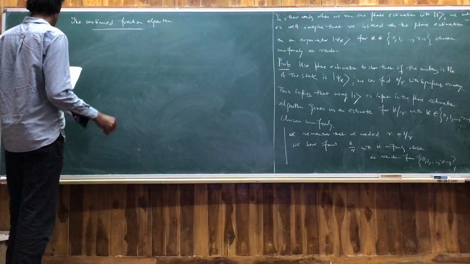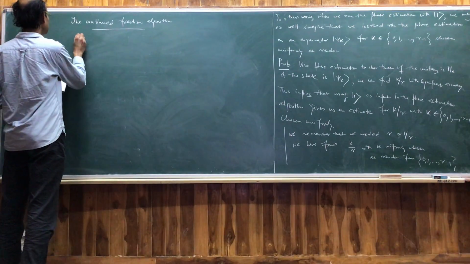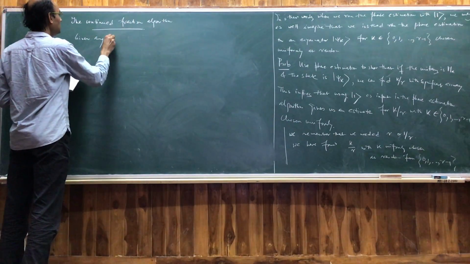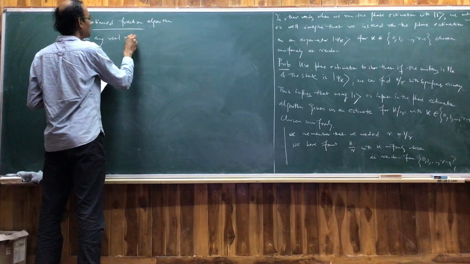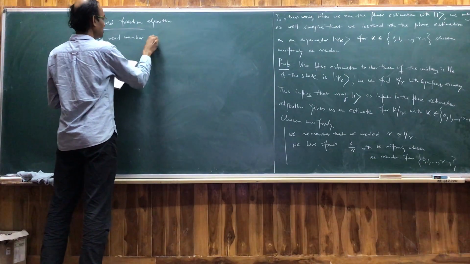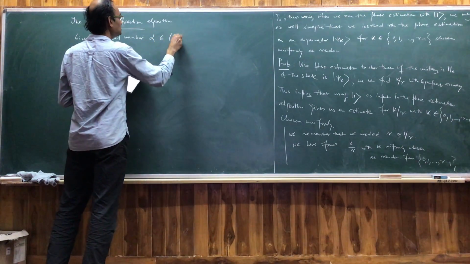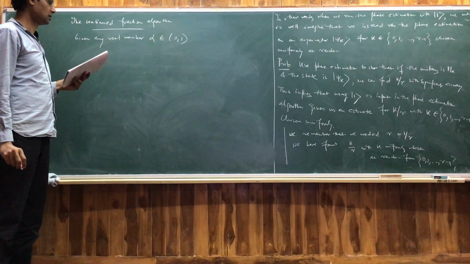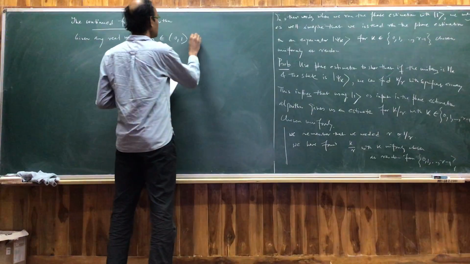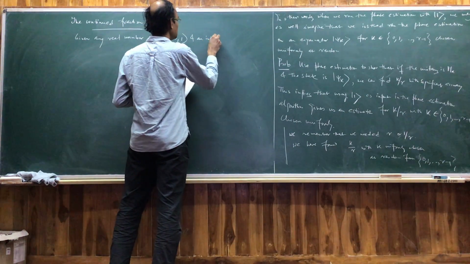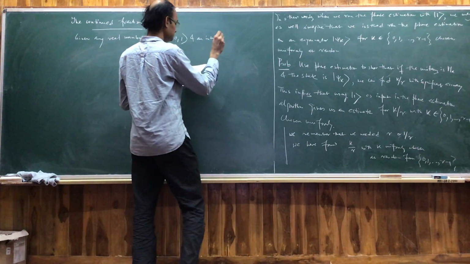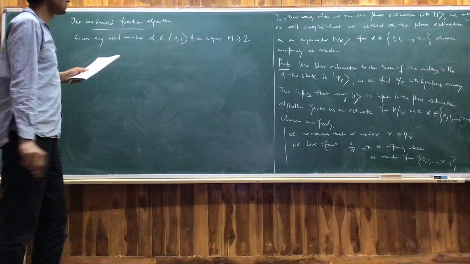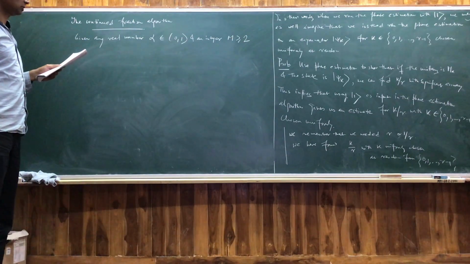It gives us a way to do the following thing. Given any real number, call it alpha, and it's between 0 and 1, and an integer m that is more than or equal to 2,